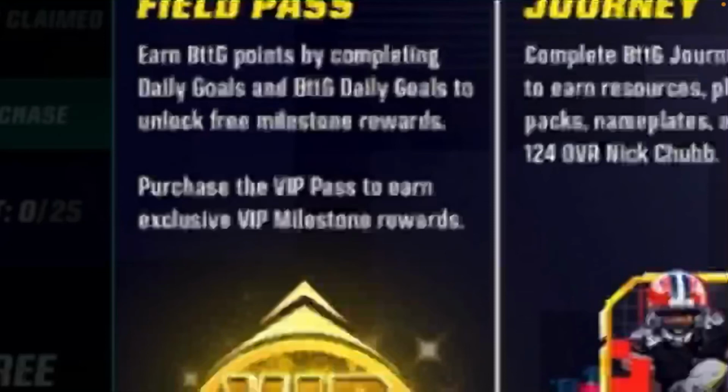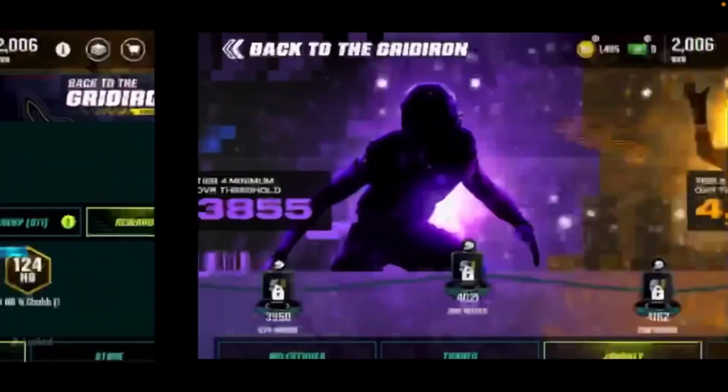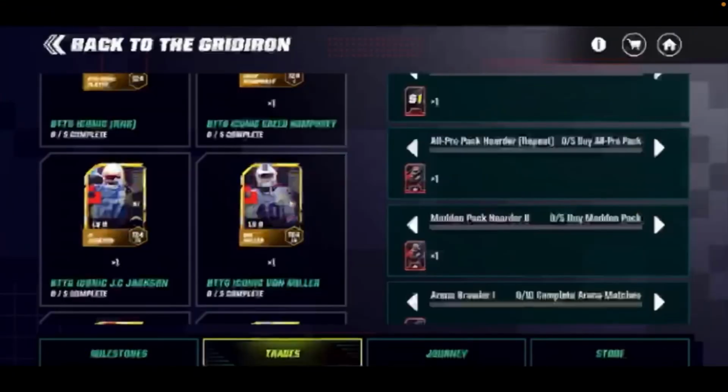I believe this will be the only 2 ways to get points, but they did mention it should be possible for free to play and the VIP to both get to the very end, as long as you're completing your daily goals. So all of the goals that we saw down here, or just rather the achievements, right? All these achievements that we see here at the very end, they'll be for giving you packs to help you trade up to iconic players in the trades. So that's going to be it basically for the Back to the Gridiron sneak peeks, our first field pass of